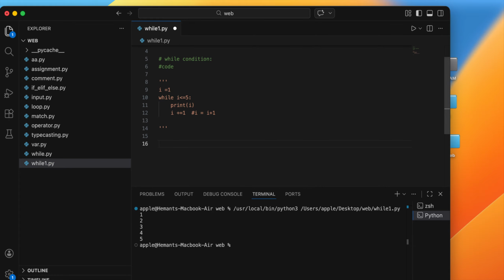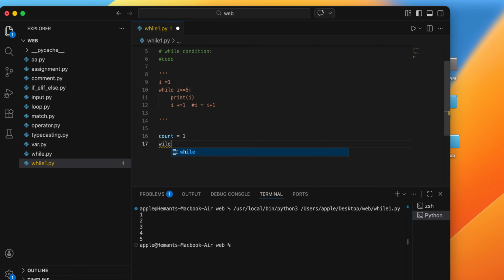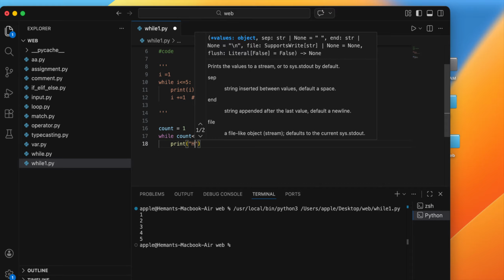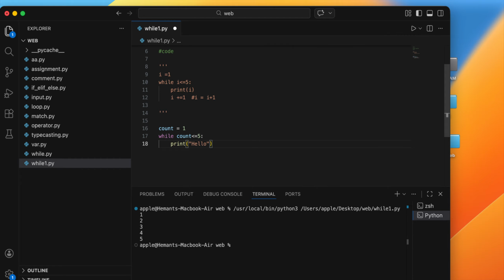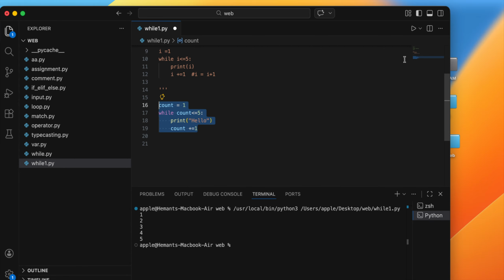Let's say I take a count variable, right? The famous one, count. While count less than or equal to 5, print hello, count plus equal to 1. So it executes, and it will print hello 5 times,